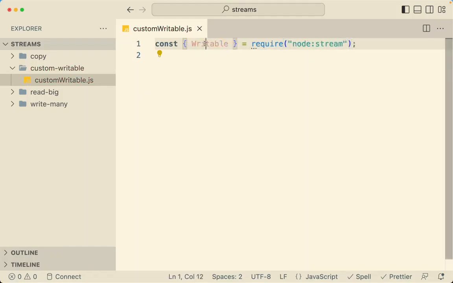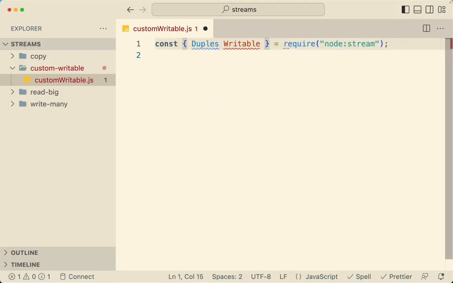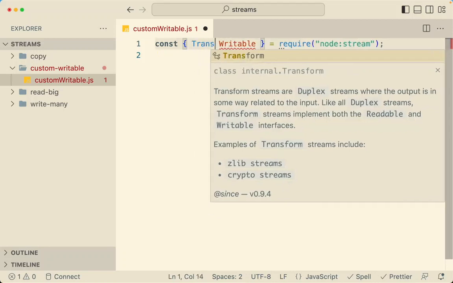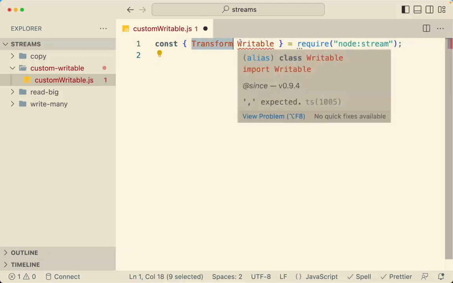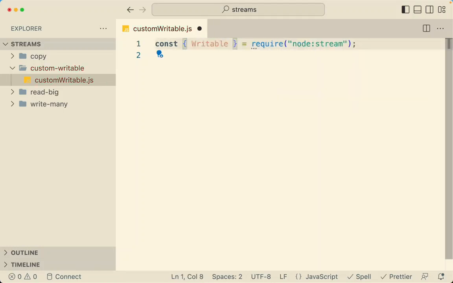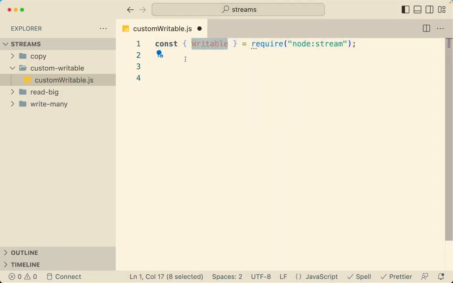Now we have 4 streams available. We have Readable, we have Writable, and we have Duplex, and we also have Transform. So we're going to use all these and implement our own streams, but right now let's focus on the Writable stream. So you first have to include that particular stream that you want to implement, and then you have to